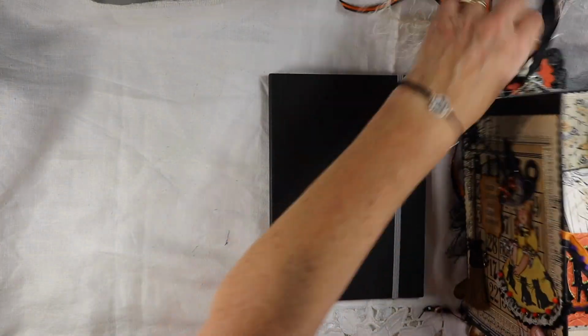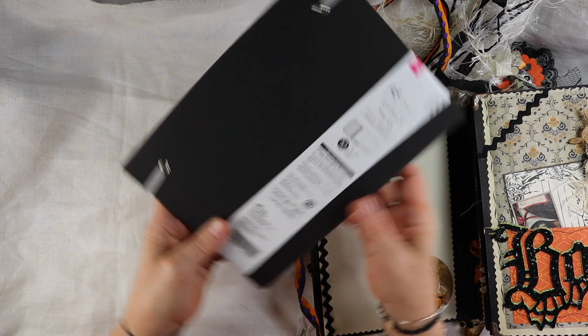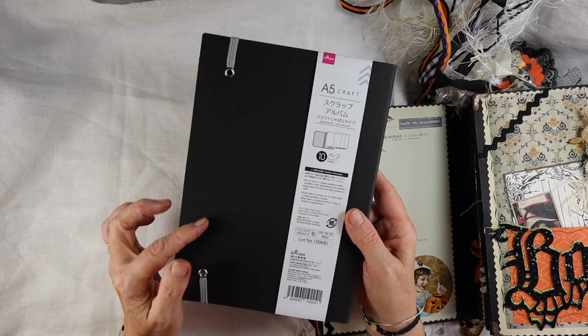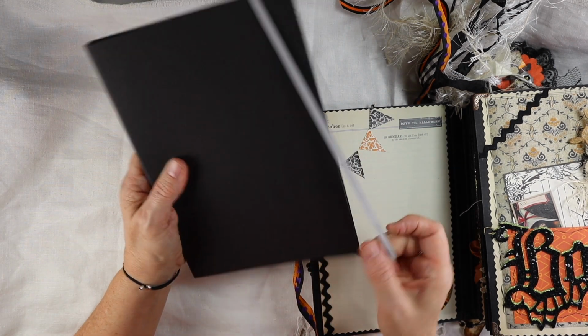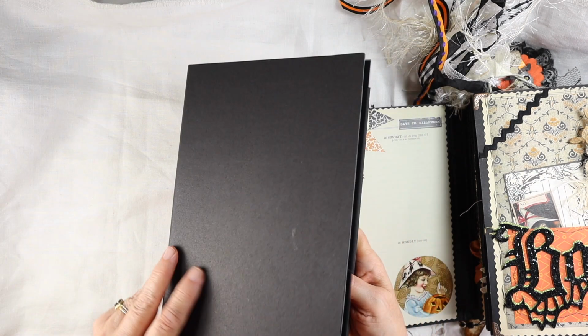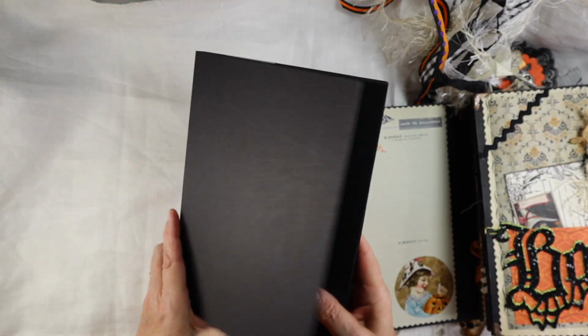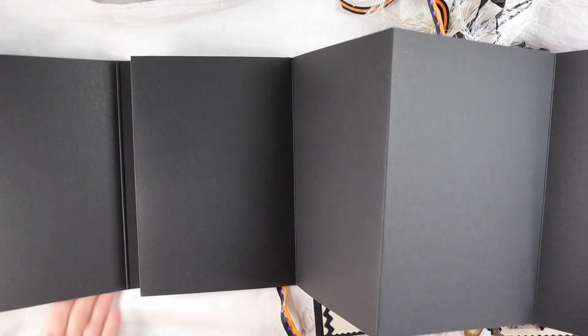I wanted to show you what I made it with. Those of you who are familiar with Daiso, this is from Daiso. You can get these right now. This is September 2019, and they're available, and that really chunky book that I just showed you is made from this. It's an accordion